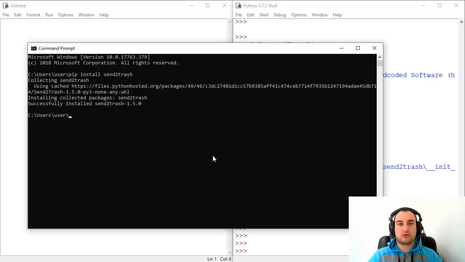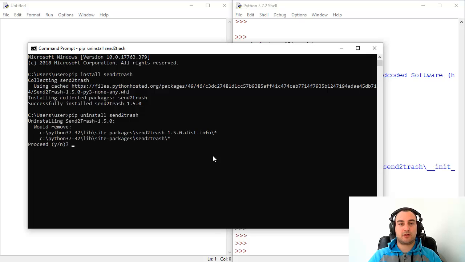Now, how to uninstall a module? Well, it's almost the same process. pip uninstall, and that name. Enter. And Python will ask you, do you want to proceed, because deleting modules is kind of dangerous, because maybe